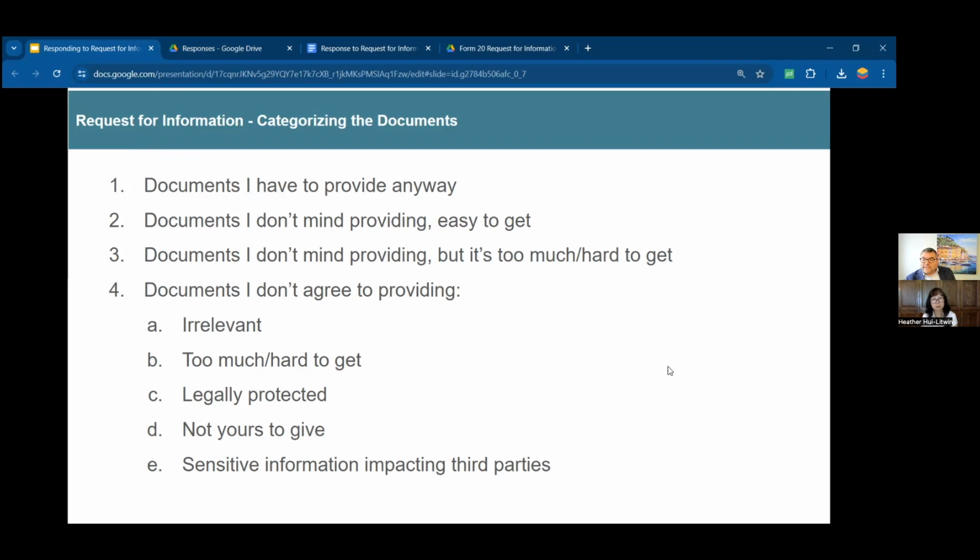Something may be legally protected, for example, solicitor-client privilege or settlement privilege. That's its own legal line item. Some documents are not yours to give. So let's say there is a party that works for their parent, right?